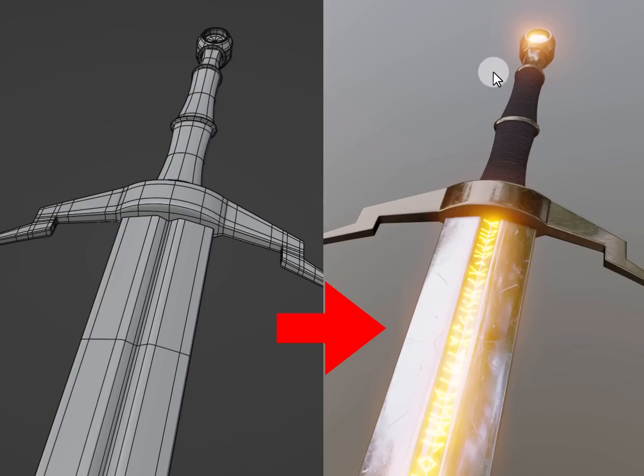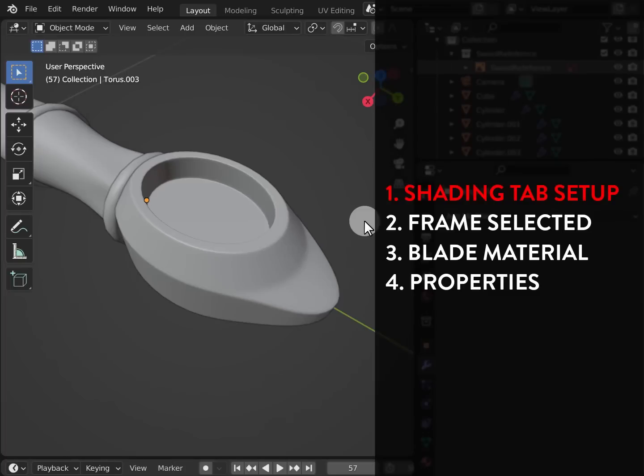Our goal now is to take our model from this grayscale look and create our materials, and we're going to do so with the help of the shading tab. Now, if you have struggled in the past with the shading tab, no worries. I remember what it felt like building my first shader network, so we're going to really break things down moving forward. For step number 1, we're going to go from the layout tab and we're going to open up the